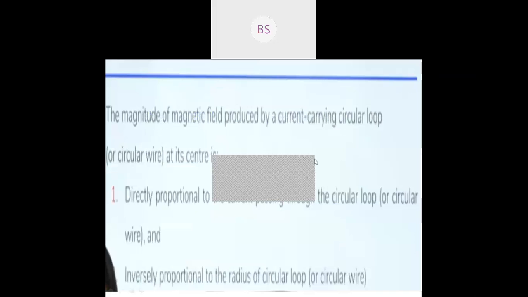Okay, so the next one is solenoid. I will just explain it in short because solenoid is not important for this year, but even though I'll go through it, and your meeting will end within 5 minutes. The next class will start tomorrow, but even though I will explain about solenoid in short.